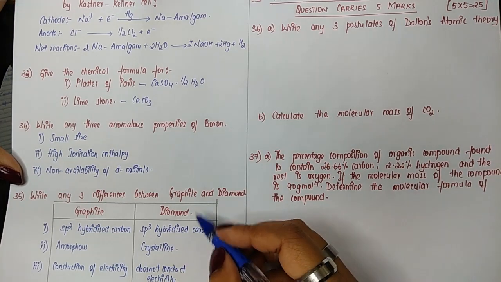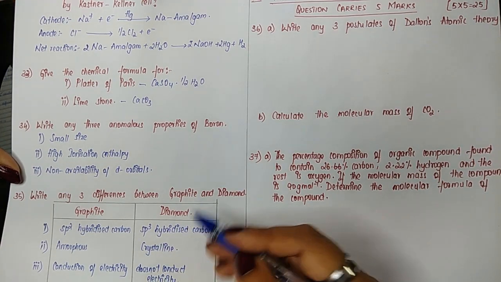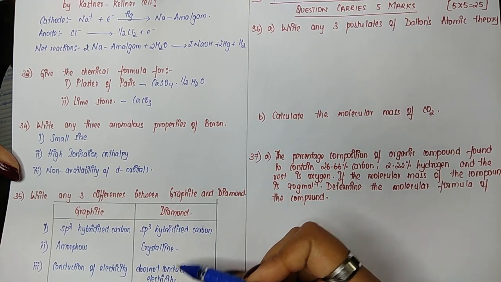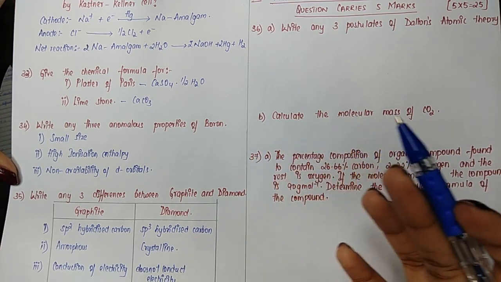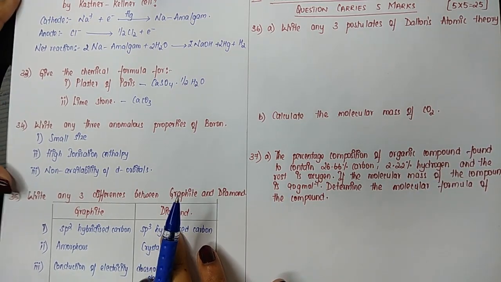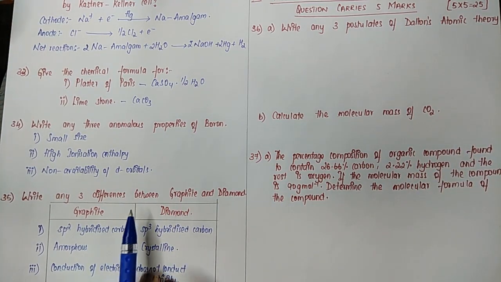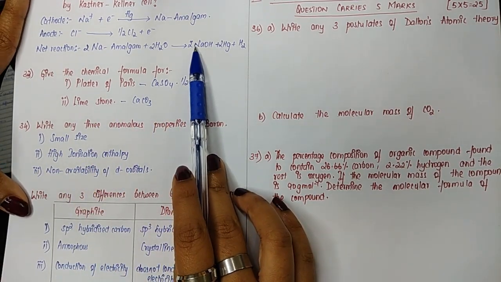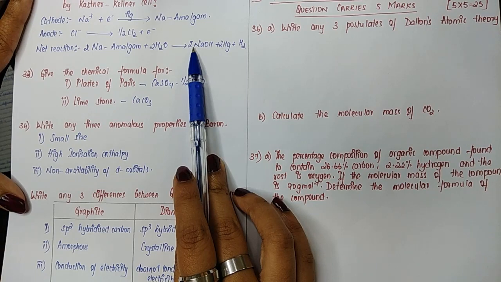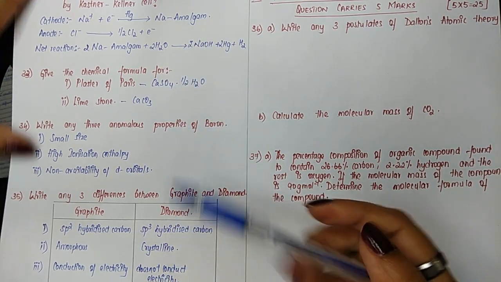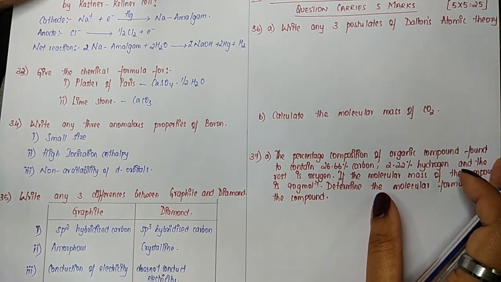Alright, so that is the end of your part C, which is purely on your inorganic chemistry chapters. So if you know basic idea about your periodic table, this part is easier to answer. And practice a lot more on these properties, a lot more on the preparation of sodium carbonate and sodium hydroxide. These are all repeated questions, plus the differences between graphite and diamond. So that is your part C.